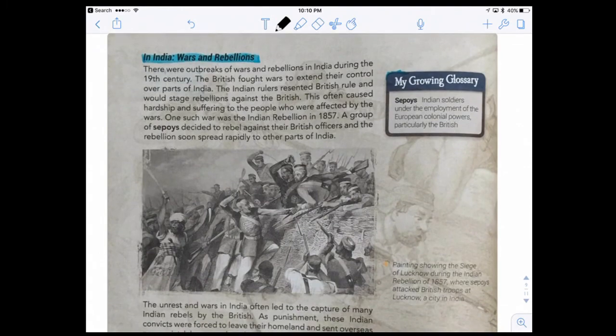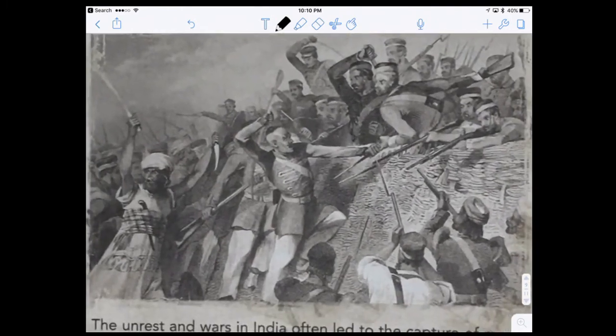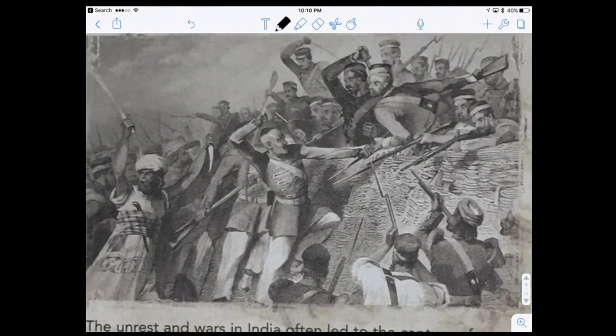So in India it's the same thing. When you have war, as in this picture, you will see bloodshed, you will see death. Right? Imagine you are this man. This guy is actually holding a spear, so of course he's going to have a very severe injury. But other than that, if you see this guy has a gun being pointed right at this guy, right? What's going to happen to him?